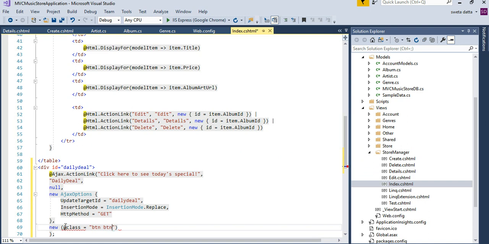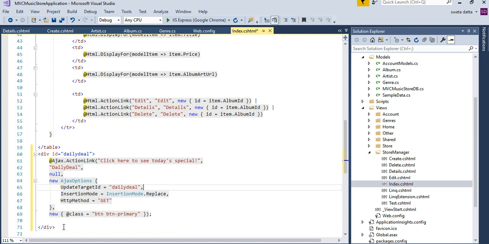We are making it into a button. We already have this defined in our CSS, so we're just going to use that. Okay. So this little piece of code